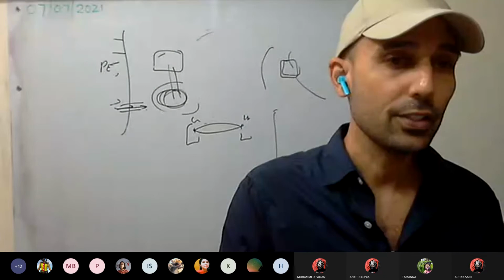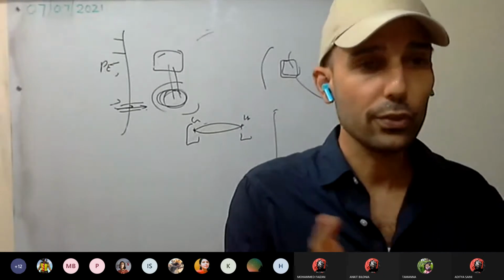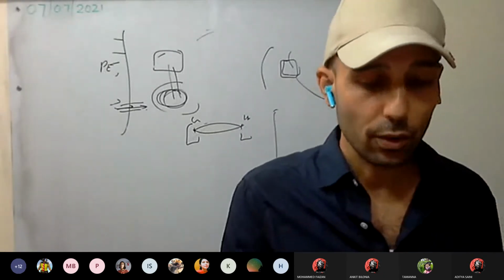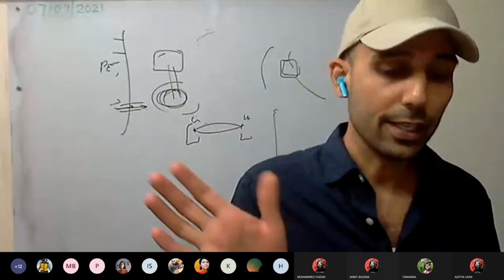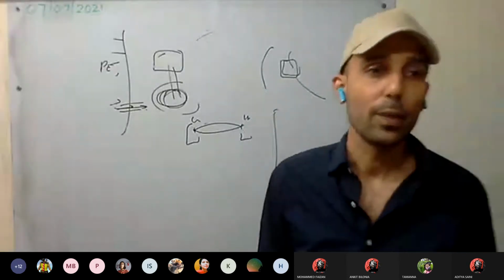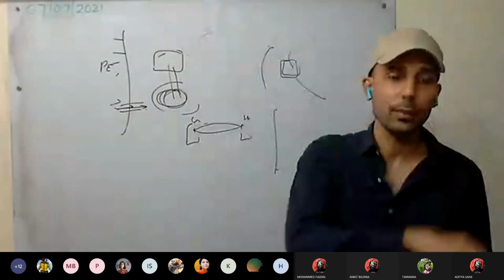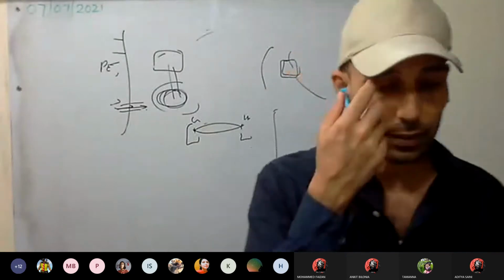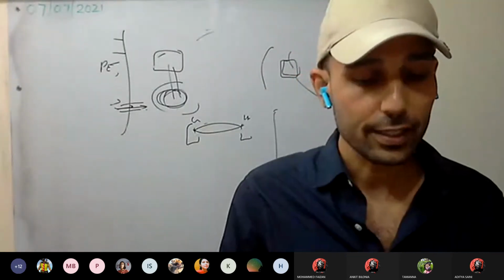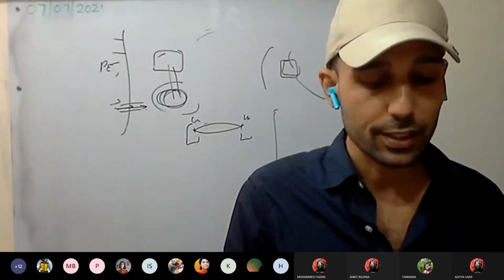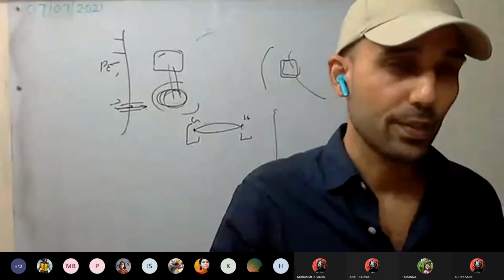Okay, chemical energy into light energy. You burn anything, wood or a candle, these all convert chemical energy into light energy. Light energy to chemical energy: plants convert sun energy to chemical energy stored in the body. Plants, okay. Electrical energy to light energy, light bulb. Light energy to electrical energy, photocell. Okay.